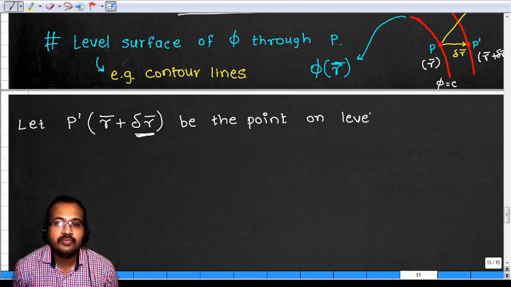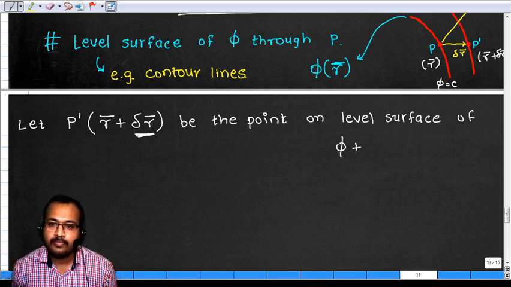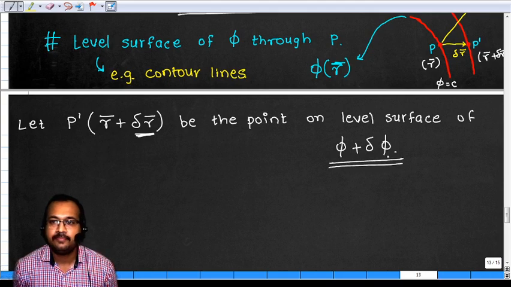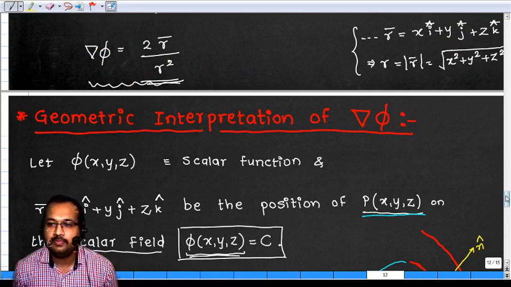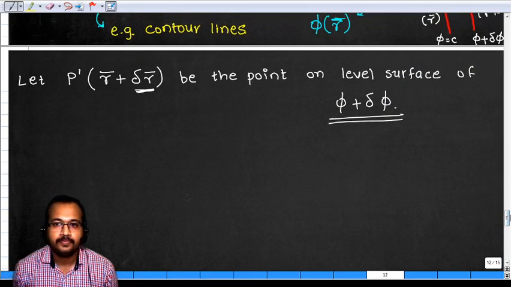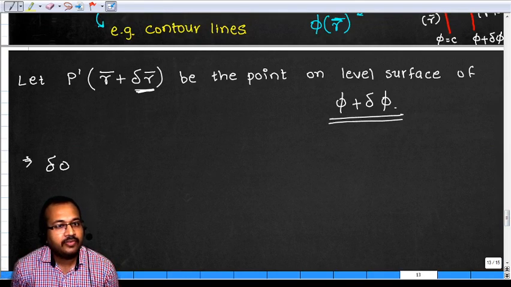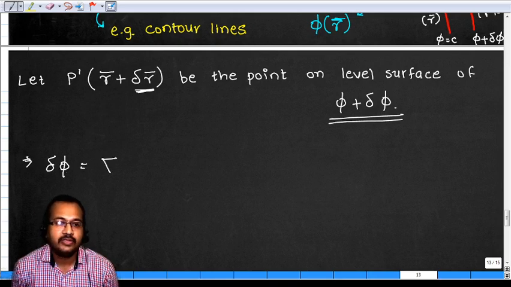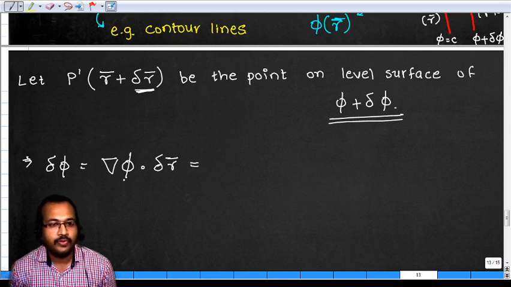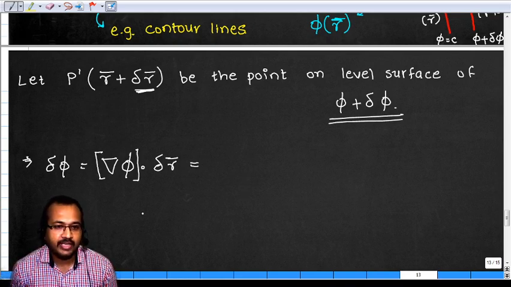Let it be the point on the level surface of the curve phi plus delta phi. So this will be the line phi plus delta phi equal to C. Then we can find the value for delta phi as del phi dot delta r bar. So we can evaluate the value for delta phi as,